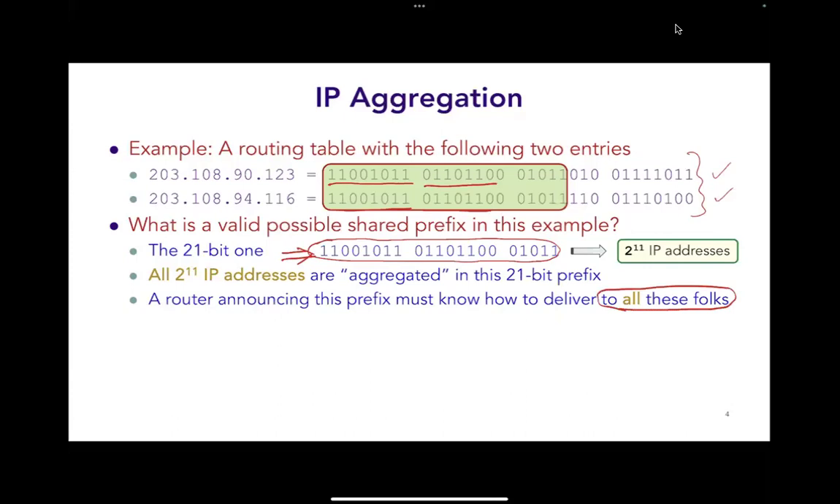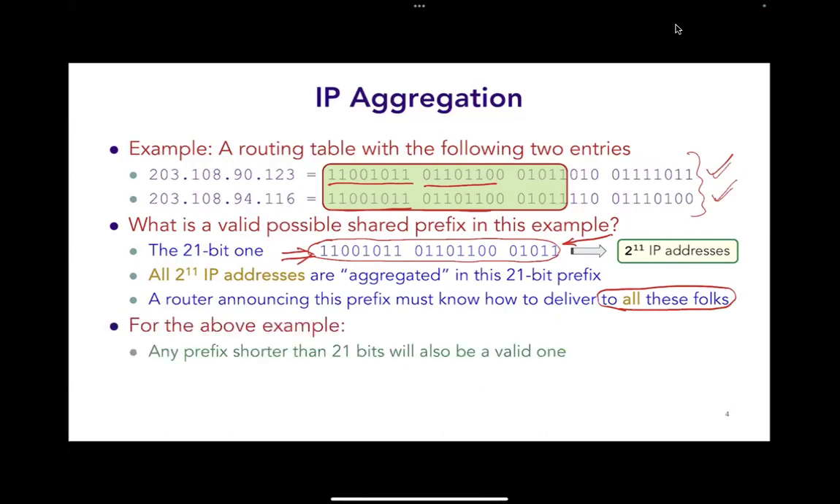Okay. If a router knows how to reach only these two guys, this router is not allowed to announce a prefix like this. Because the announcement of this prefix indicates that this router is able to reach all the possible IP addresses covered by this particular prefix. Okay, so for the above example, any prefix which is shorter than 21-bit would also be a valid prefix, and a router announcing that shorter prefix would need to make sure that it is able to reach all